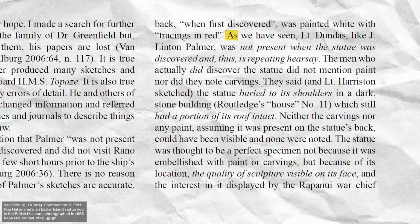The issue here is that these people were not present when the sculpture was initially removed, and this has led to scholarly debate. Some scholars think there was pigment on the statue based on these accounts, while others question the validity of these historical sources. For example, Van Tilburg noted that some of these historical figures were known to repeat hearsay. It seems that the people who participated in the actual removal of the statue didn't make a note of any pigment. Van Tilburg thinks that any heavy white paint usage was done after removal in order to highlight designs for